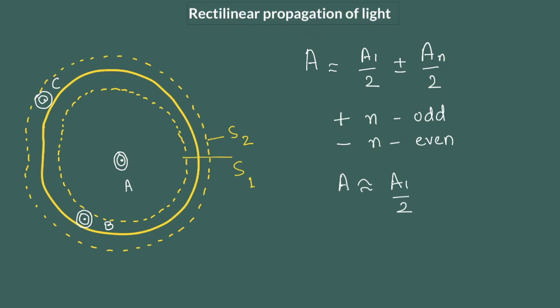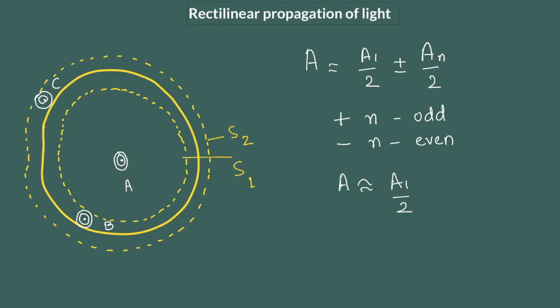So here I have considered one aperture which is given by this solid yellow line, and the situation is such that the size of this aperture is much greater as compared to the wavelength of light, in such a manner that one aperture can contain a very large number of zones. So here I have considered a pole A, and as you can see I have drawn a few zones around it, so two zones can be seen.